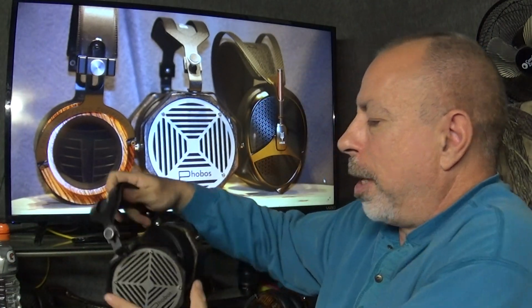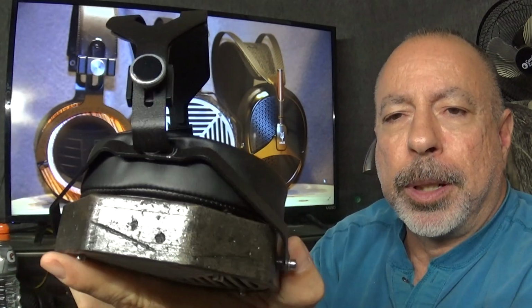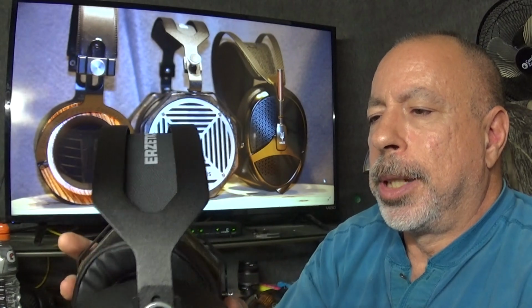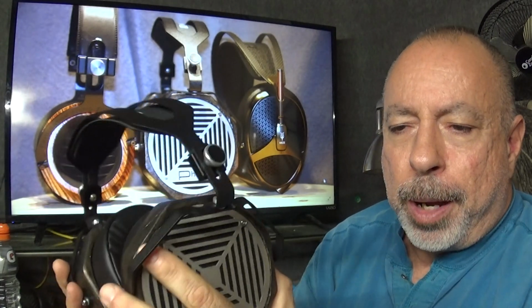The Phobos, it's not bad. I don't have any problems with it. I would say the build quality is good. It's got kind of a handmade look to it. The wood has kind of a rough, rustic look to it. But everything fits well, and no problems with the design. Oh, I just noticed that when I was talking about headbands,